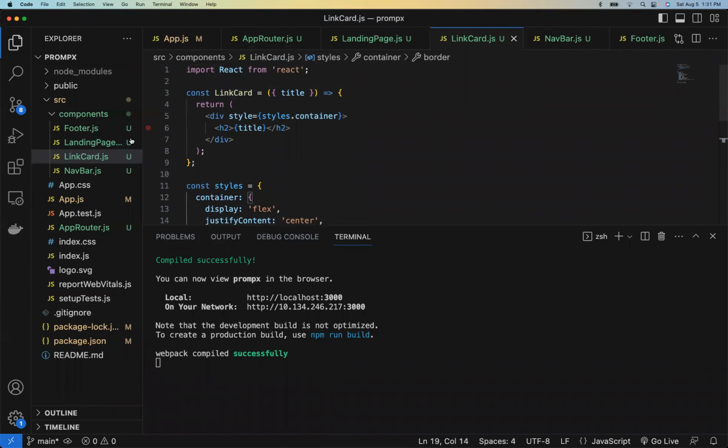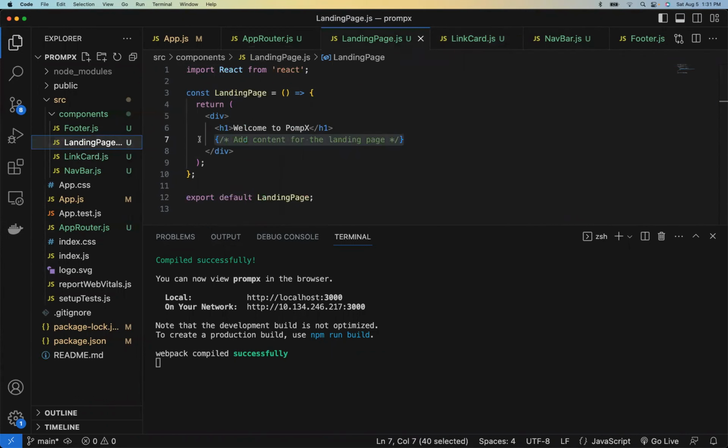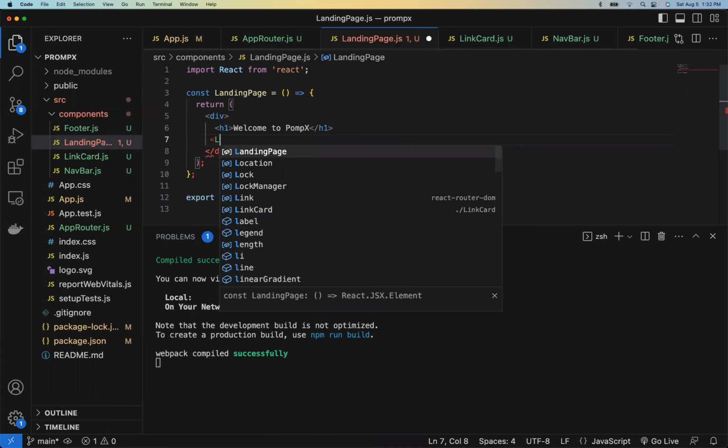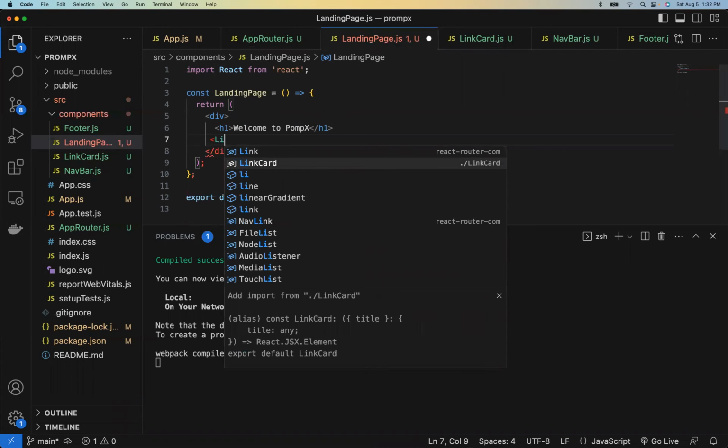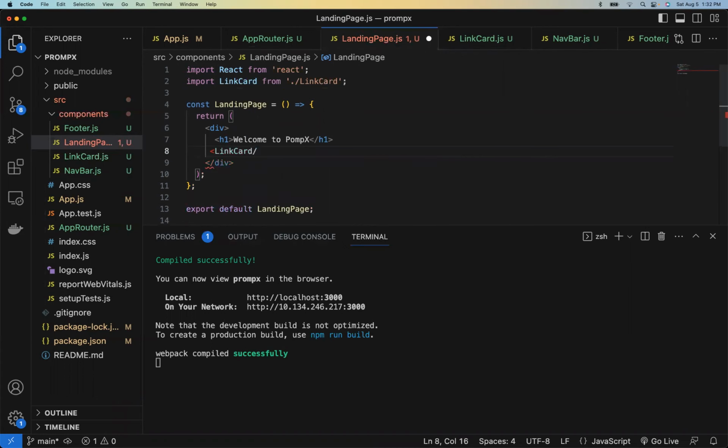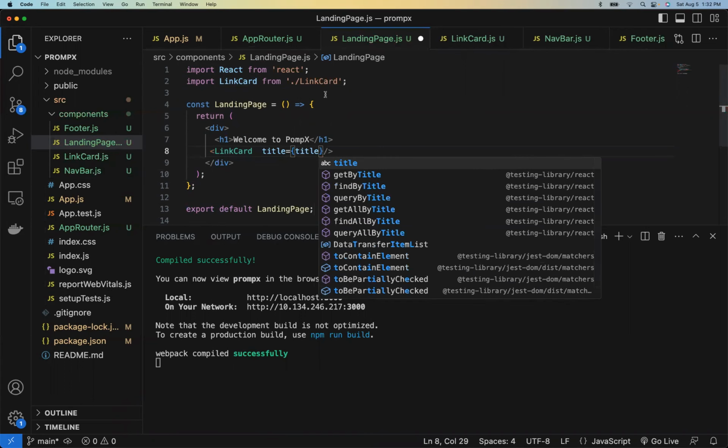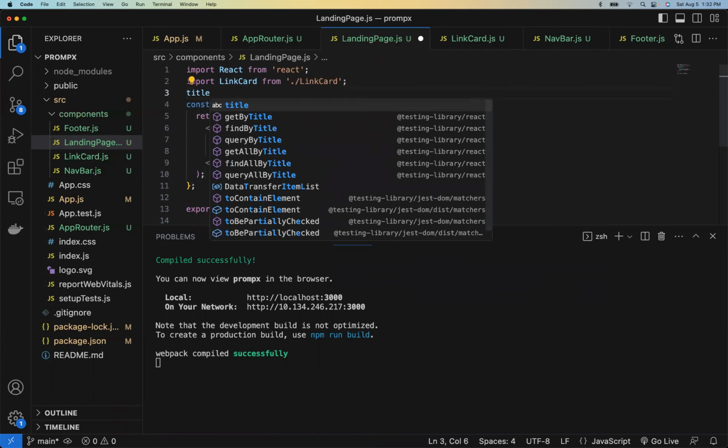The next thing is we need to import it in our landing page. Let's import it in our landing page. So we have to pass the title for it. We just say title for now. Let's add our title to be